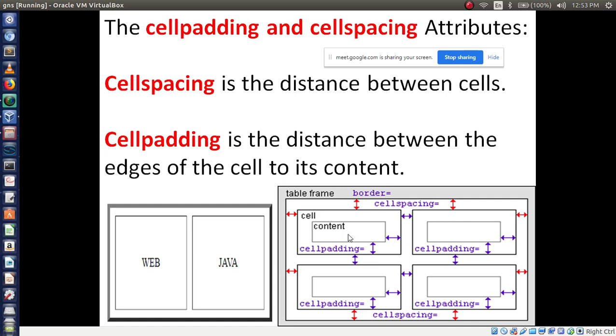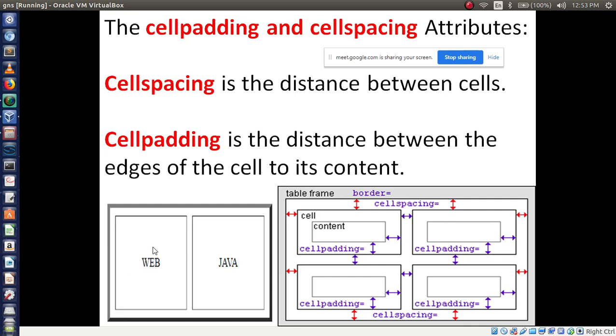So this is your cell and the border of this particular cell. What is the distance between them? For example, here I am using cell padding and cell spacing. See, here cell spacing is less, but cell padding is more. This is the difference.